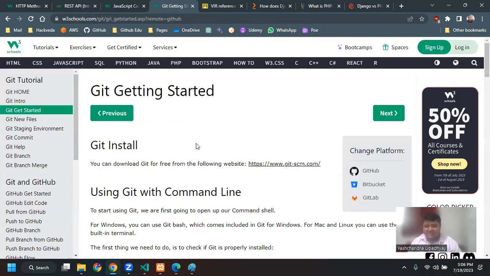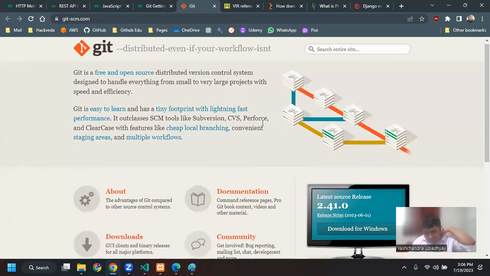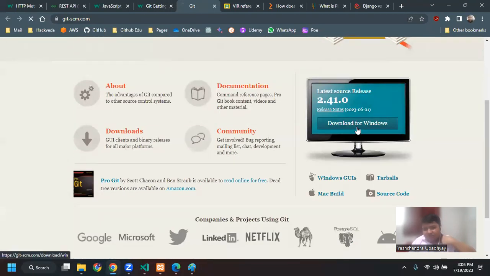So first is getting started. Basically you can download Git. I want everyone to download Git. You can go to this website, git-scm.com. And then just say download for Windows. When you click on it,